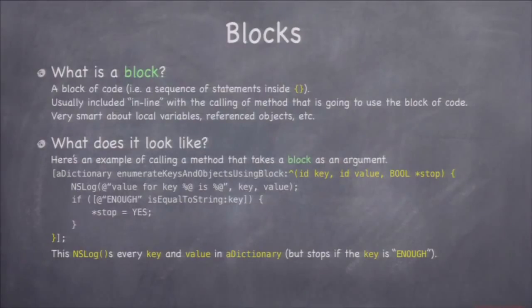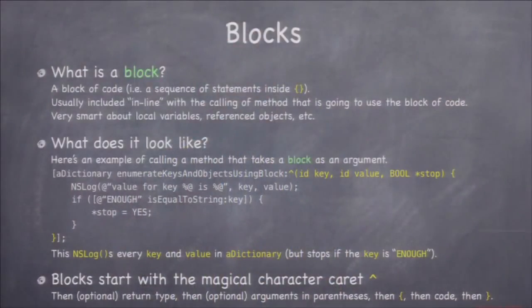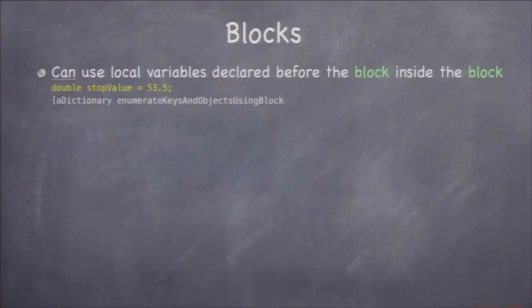In other languages, in computer science in general, we call this a closure. Okay, how many people know the name closure? Ever heard that before? Okay, so you guys generally know what this is. It's a closure. Blocks in Objective-C always start with the caret. That's the magic block character. And then there might be a return type, possibly specified, and maybe some arguments, possibly, and then a curly brace and some code and an end curly brace. Now, of course, to make this really interesting,